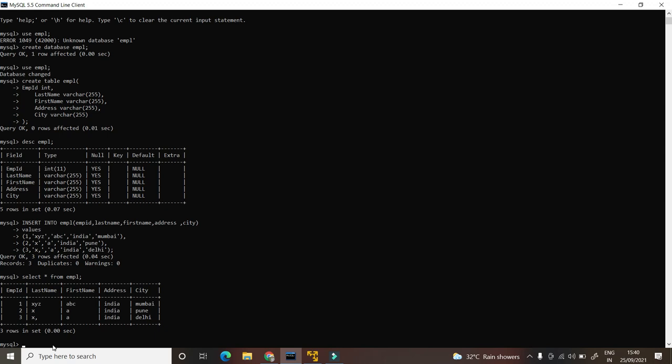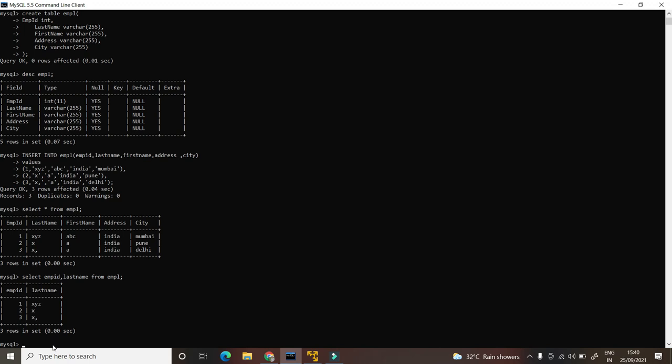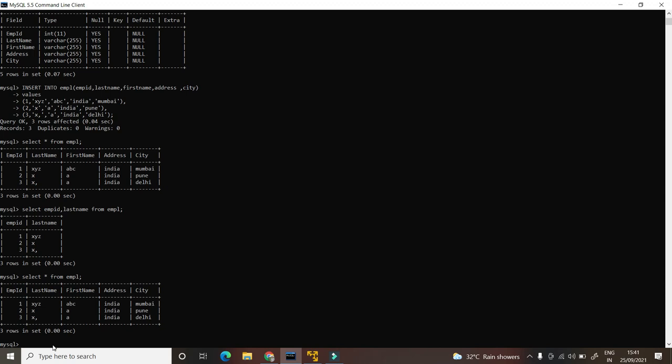The select command is basically used to select the data. Okay, so its syntax is select, table. I can show you. Select what I want to select. Okay, now EMPID, which is employee ID, and now last name from employee, meaning EMPL. Okay, see, it came. Now if I want to write select * from EMPL, the insertion table came.